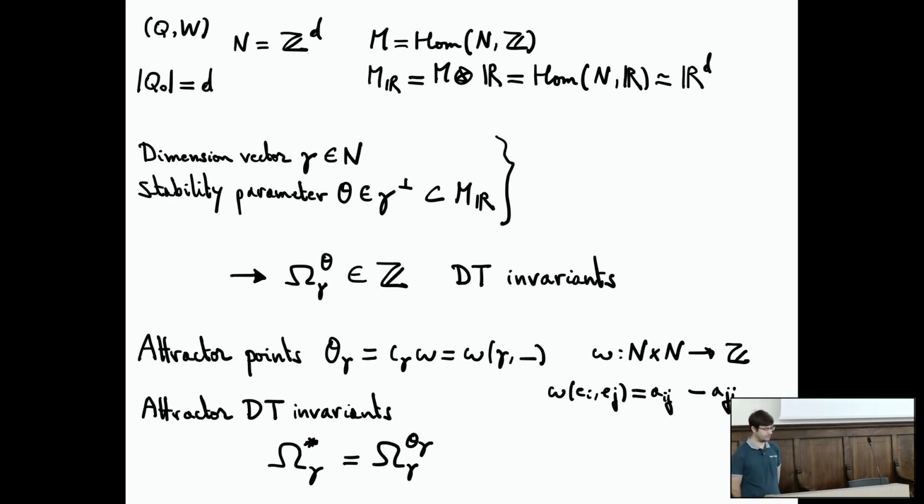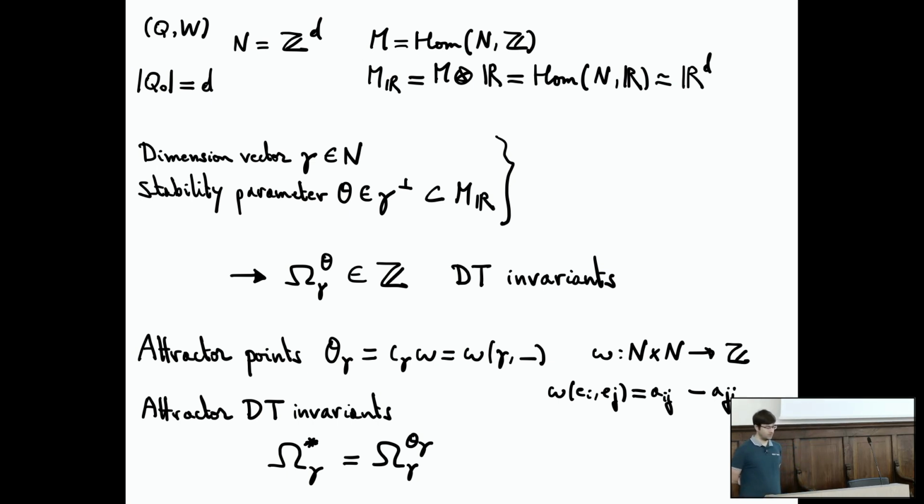And the key fact of last time's lecture was the fact that inside this hyperplane gamma perp of possible choices of stability parameters, there is a very particular point, the attractor point, that I denote here by theta gamma, which is obtained by contracting with gamma the skew-symmetric form omega, which naturally encodes the combinatorics of the quiver. So last time, while describing the wall-crossing formula, the algebraic structure was controlled by this skew-symmetric form omega on the lattice N,